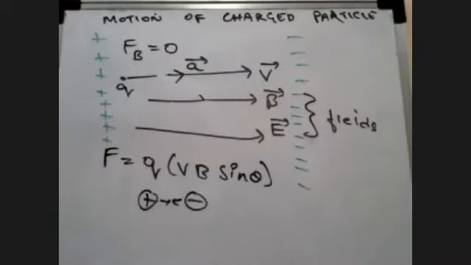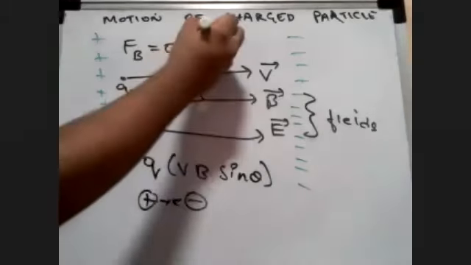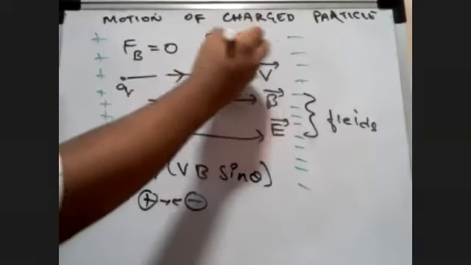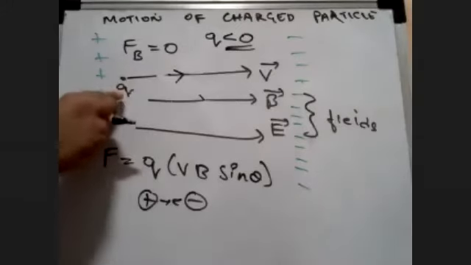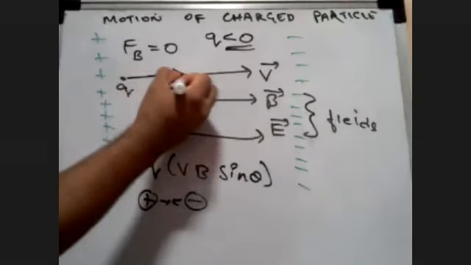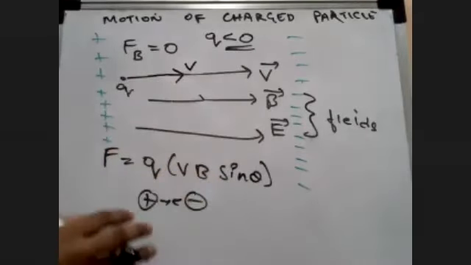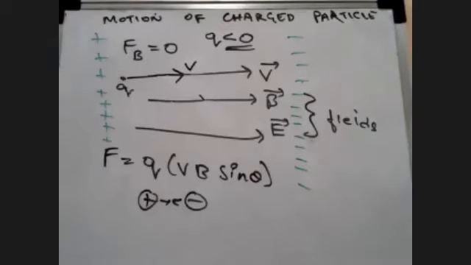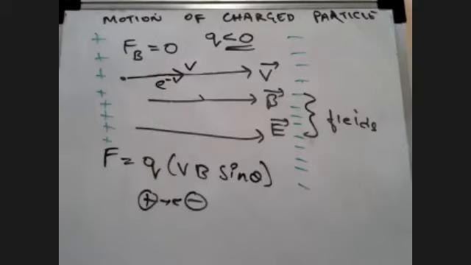But students, suppose I was talking about an electron, then would there be any acceleration? If Q is smaller than 0, if it is an electron here, then what will happen? It is having some certain velocity v. It is moving with certain velocity, but as soon as the electric field starts to take its effect, what will happen to the velocity, students? It will decrease. It will decrease. So that is the effect.